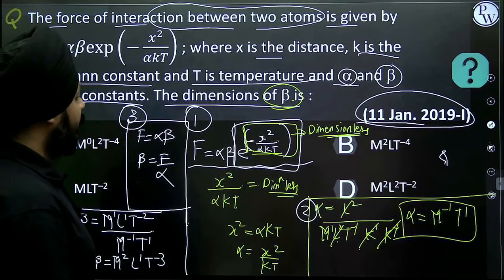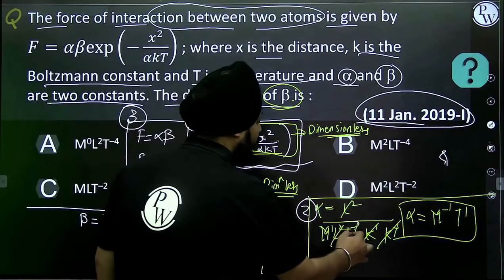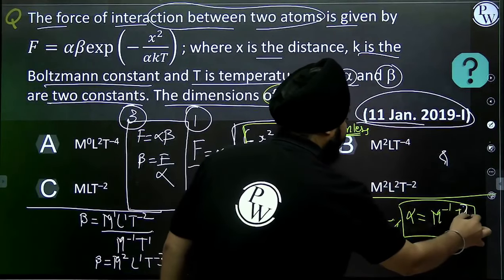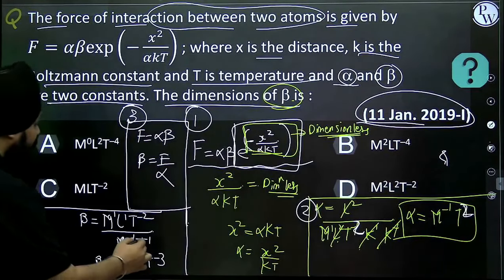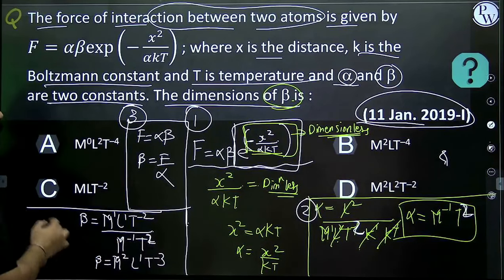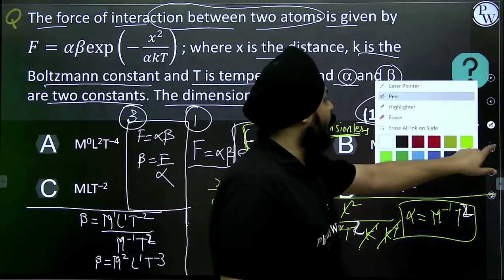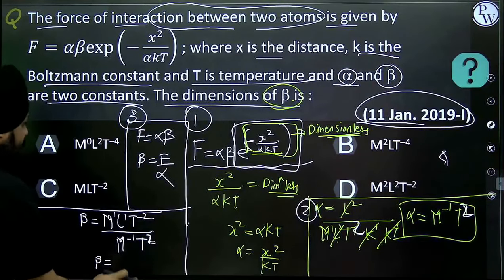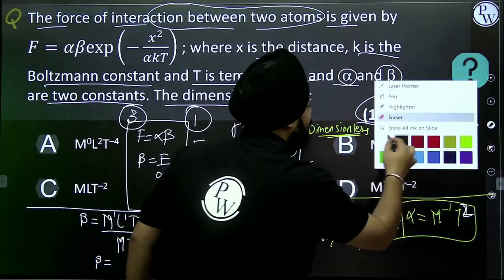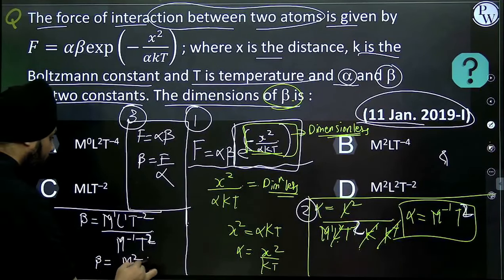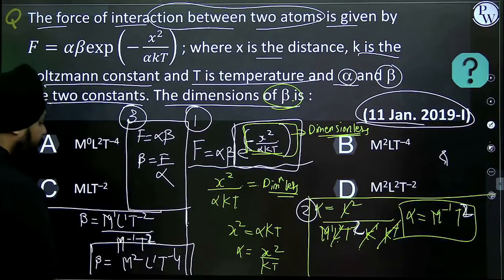Okay, sorry, here it is T minus 2, I'm sorry, right? So here it will be T2, and here we are going to have T4, I'm sorry. The small correction, I'm extremely sorry for that. This thing happens with students also, right? So it will be m of 2 L of 1 T of minus 4. This will be the dimensions of beta, right?